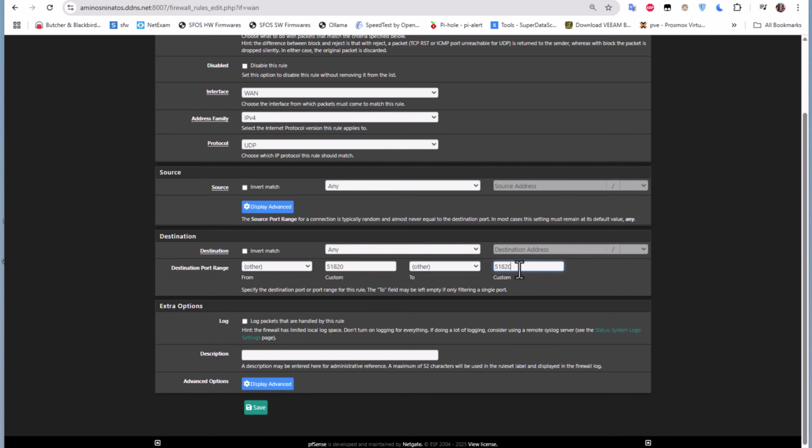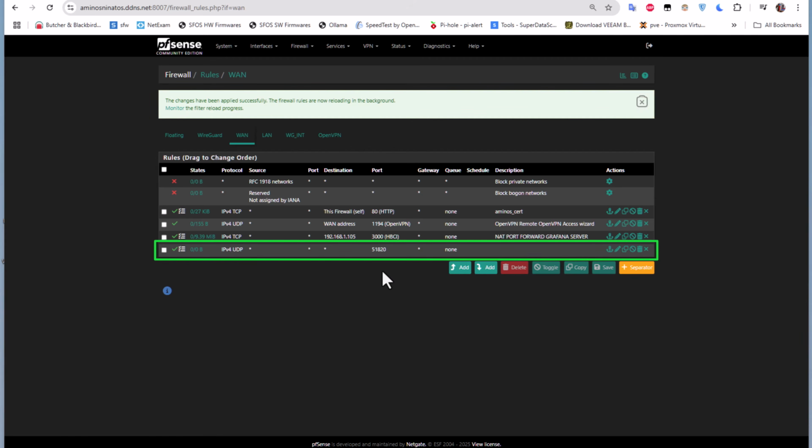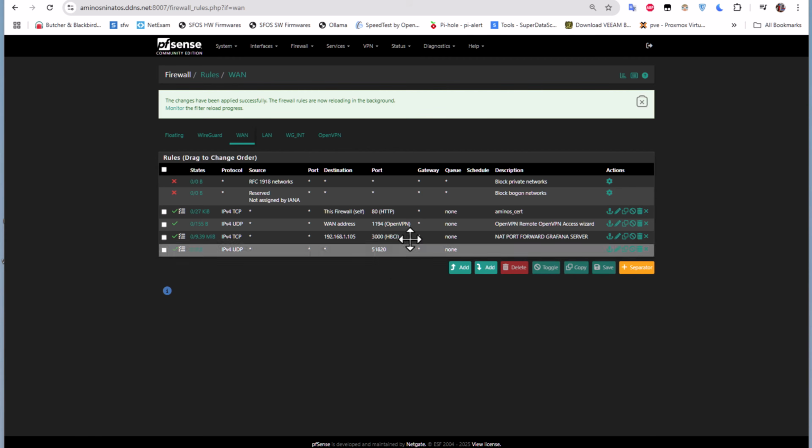But of course you can choose whatever port you want. This is the default port, but you have to configure that under the VPN also. So now we are using the default port, and also it's good practice to log the packets so you can see any IP addresses that are trying to hit this port here. So let's save that and let's apply the changes, and as you can see now we have successfully added a rule to allow the traffic to go through this destination port for WireGuard, which is 51820. Okay,